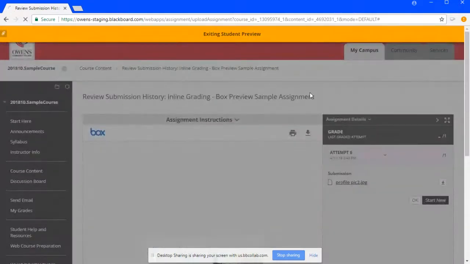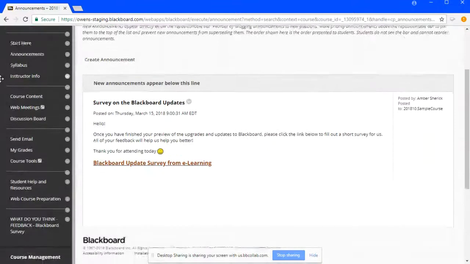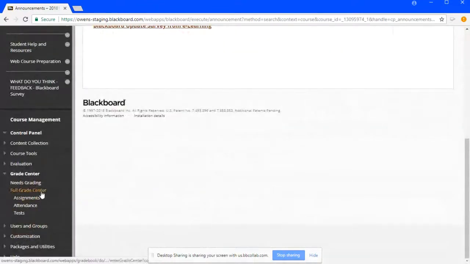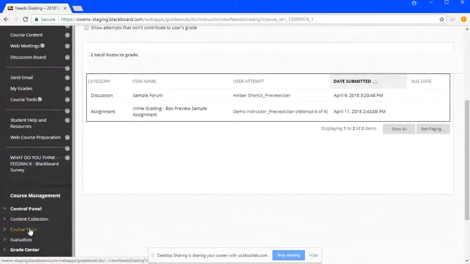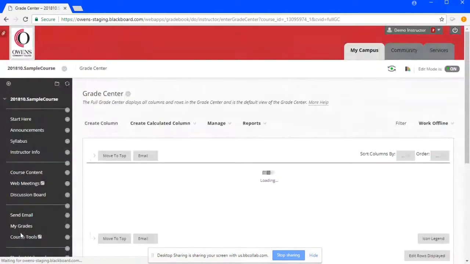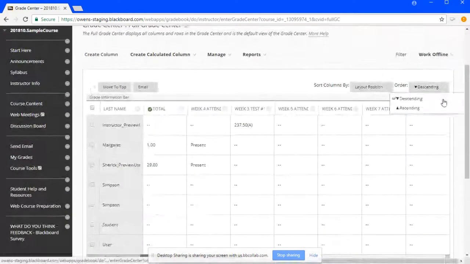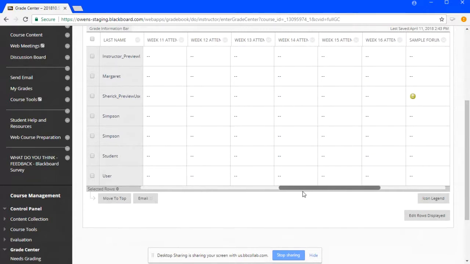Right now, I'll exit the preview and I'll show you what that looks like from the instructor's perspective going through the Grade Center. Go back. My mouse clicked too quickly. All right, here we go. So here are some of my sample students, and I've changed to look the Grade Center a little bit larger.